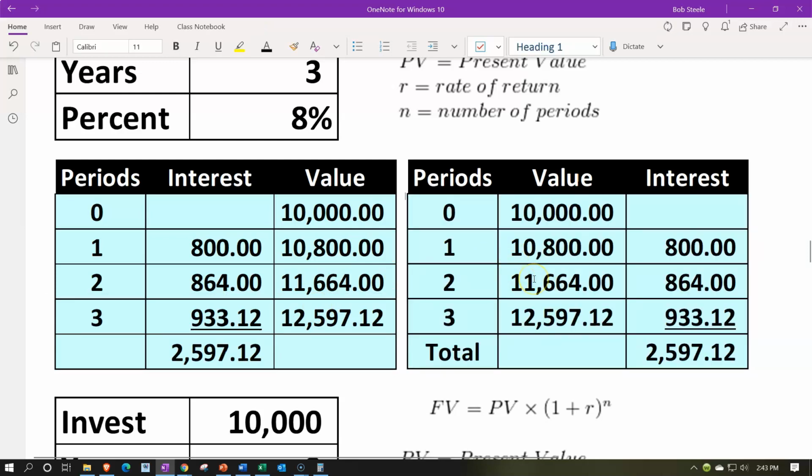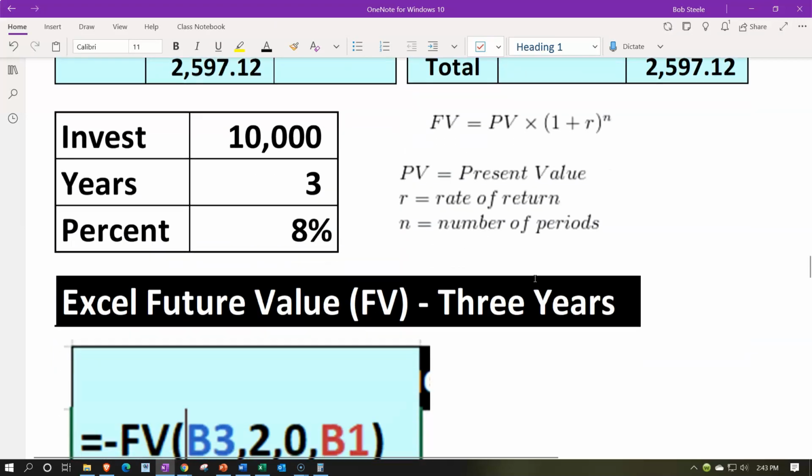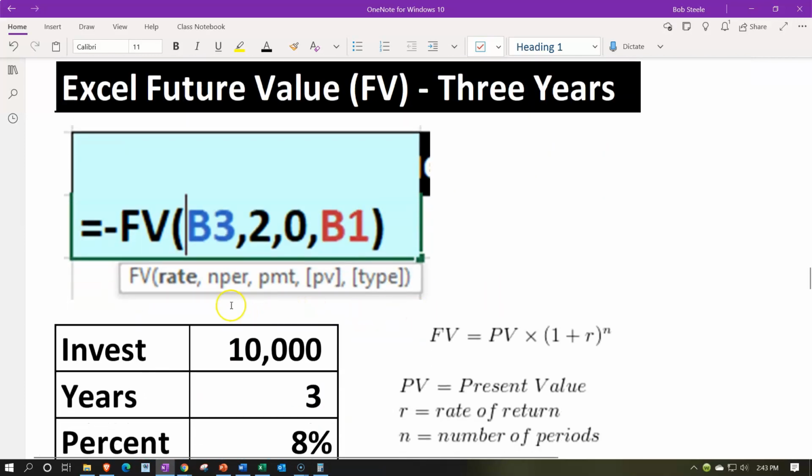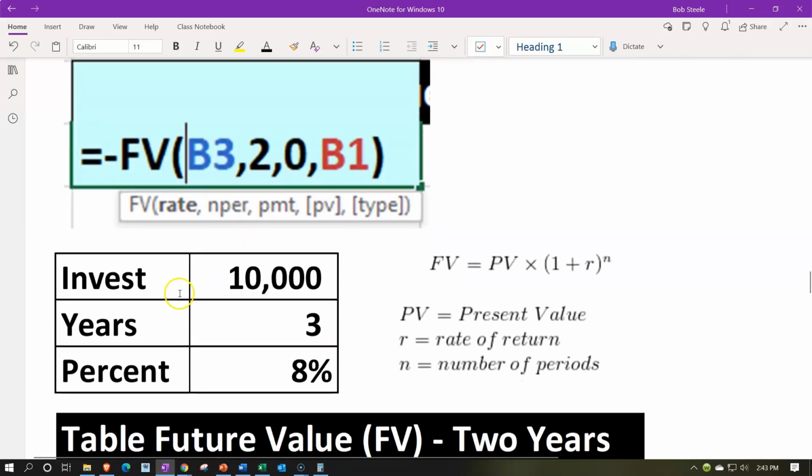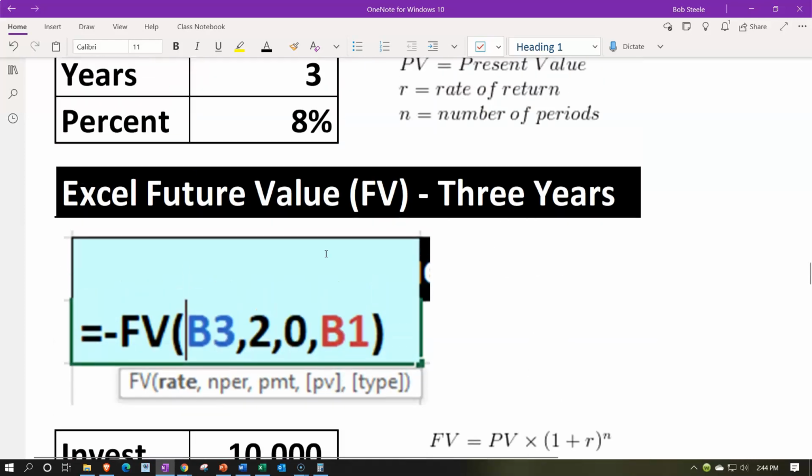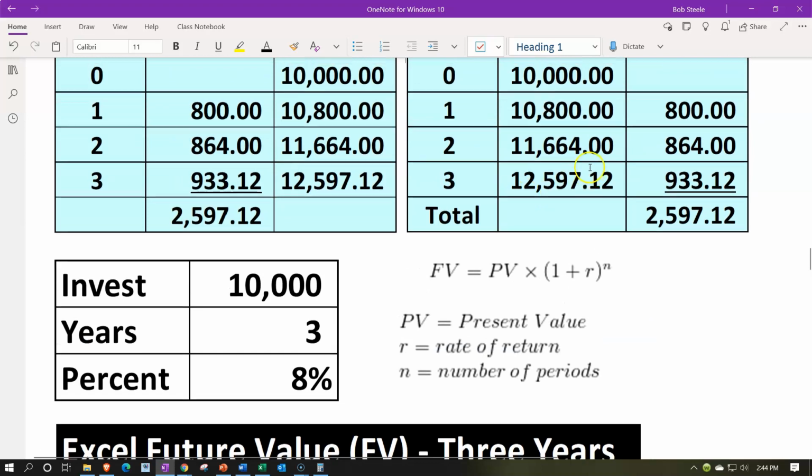or in this format. So then scrolling down, the next thing we could do this with Excel, which is similar to a financial calculator, which should get us once again magically to that end result. You could see it in this format, which would be the rate being the 8%, and then the number of periods. This time I'm taking 2 of the 3 years, comma 0, which is the number of payments, because we're not making payments. We're saying this is going to be just a future value of 1, and then we're going to take the present value, which is the 10,000, and that would then give us once again our end result, in essence being that